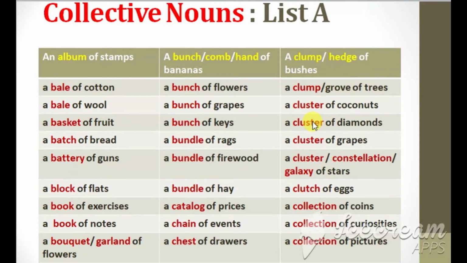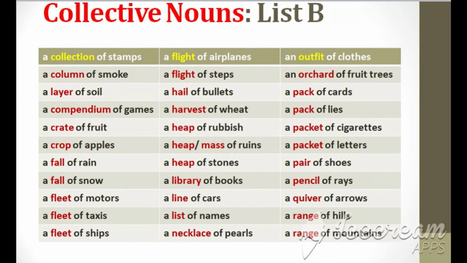coconuts, a cluster of diamonds, a cluster of grapes, a cluster of stars, or a constellation of stars, or a galaxy of stars, a clutch of eggs, a collection of coins, a collection of curiosities, a collection of pictures, a collection of stamps, a column of smoke, a layer of soil, a compendium of games, a crate of fruit,